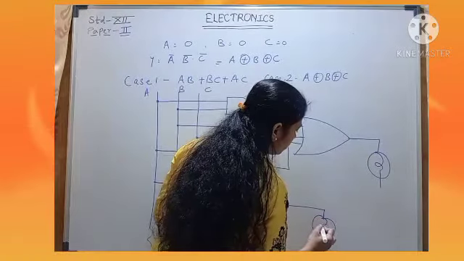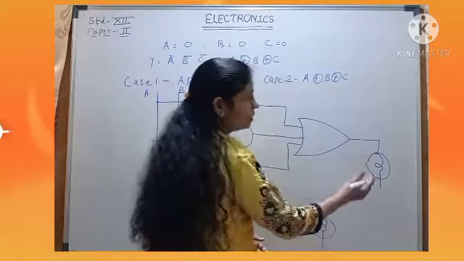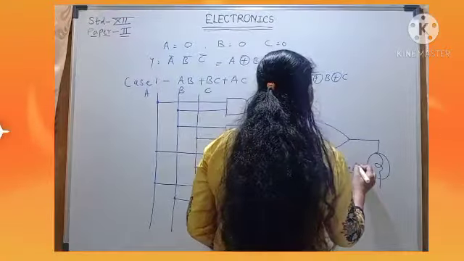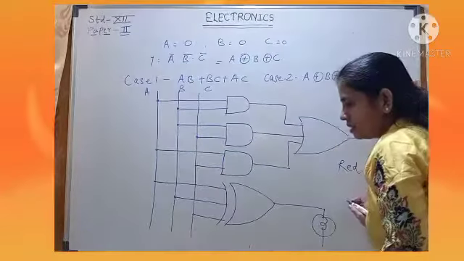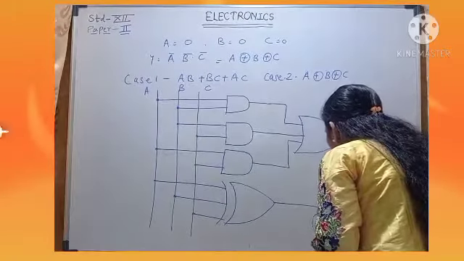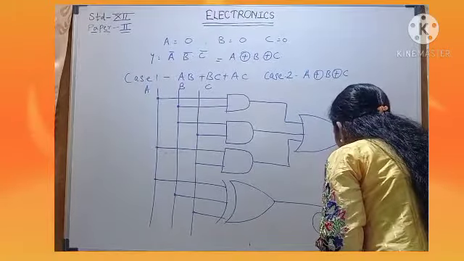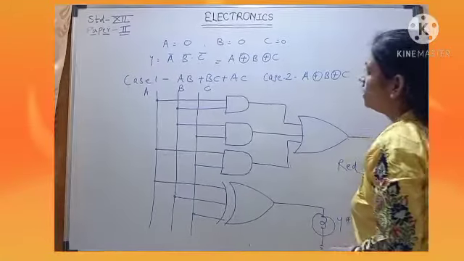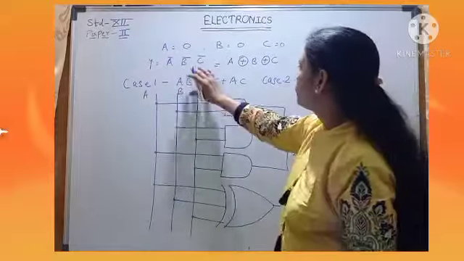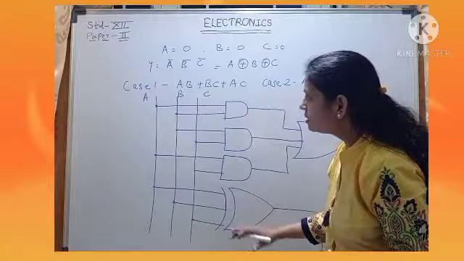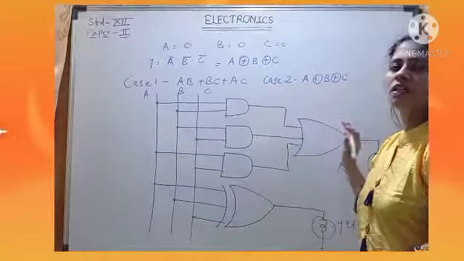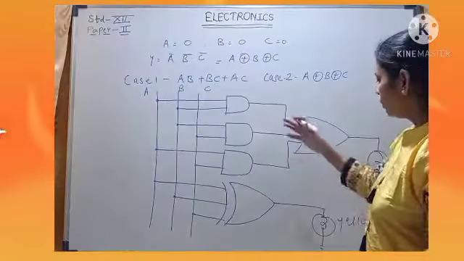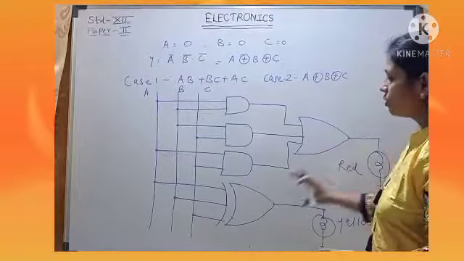We have to connect here one light. You can write down here it is a red light and this one is red and this is the yellow light. Okay, and we have to ground this. Okay, so finally we got the case 1 and case 2 and this is the diagram for the given equation. So we solved the word problem and we got this output for case 1 and case 2.